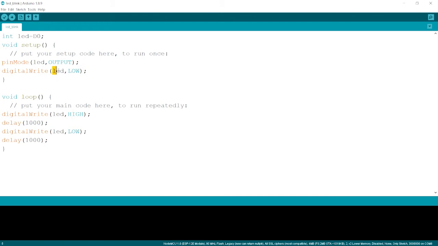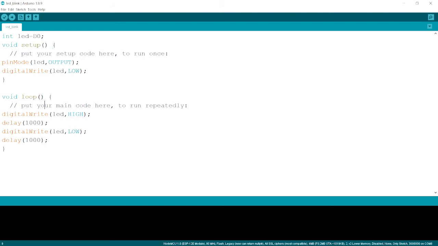So digital write, variable name, that is LED, comma, low and high. These are the two terms which denote either on or off. High denotes that we are on, or giving 5-volt supply to the output. And if we declare low, then that means it's low and we are giving 0-volt supply, or we are switching off the output. I think you got it.